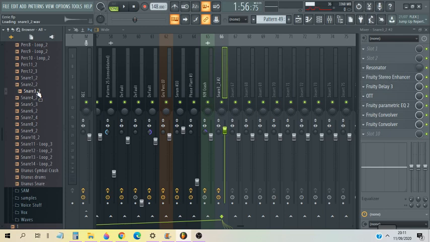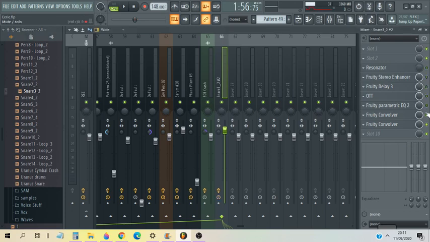So this is basically exactly the same as you will have it when you download the pack, but if there is a small difference, it will only have been because maybe I've cut off a teeny bit of tail with Edison, because I do prefer these to be a bit more tight. So yeah, it starts out as snare 3.